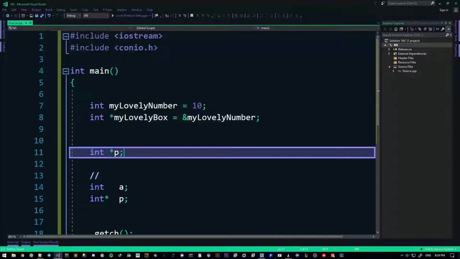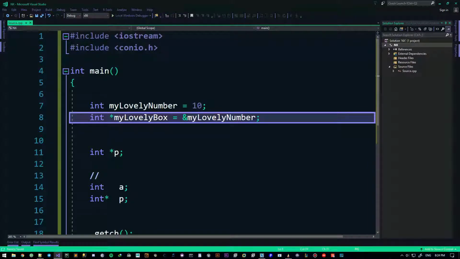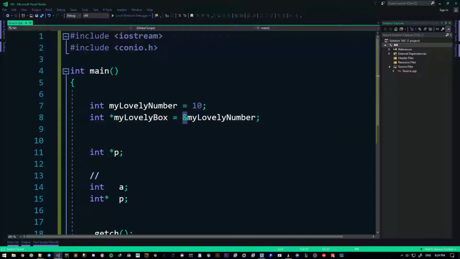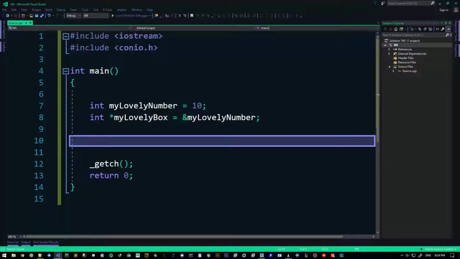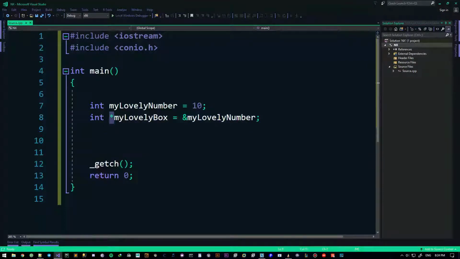Now, I'm not going to explain what this is in this video. You just put it there. That's it. I'm not going to explain what this is. It's just going to get confusing. I'm just going to explain everything in another video that's going to come right after this one. And that video is all about pointers and memory. In this one, all we care about is that this guy is a bigger box which can hold smaller boxes.